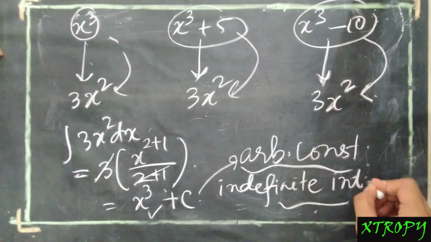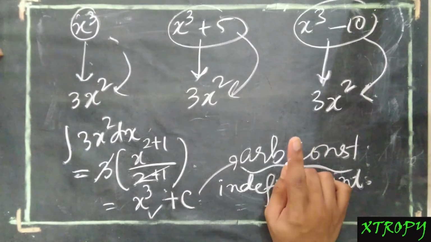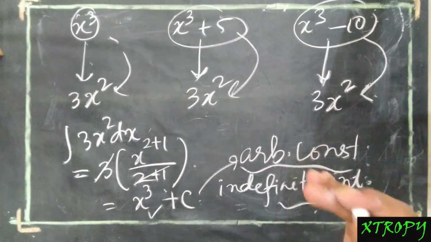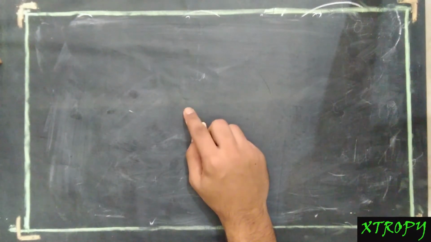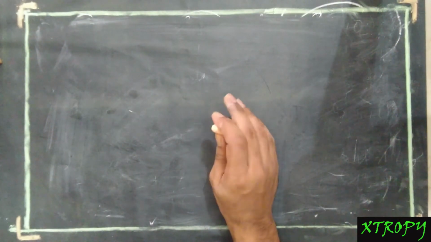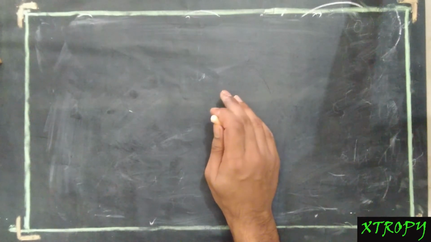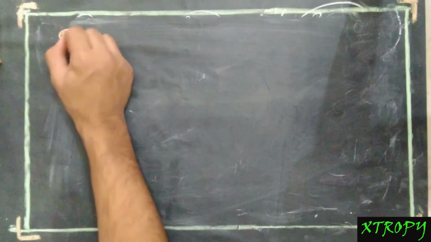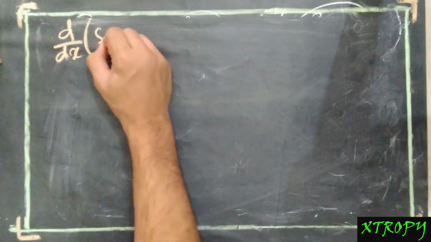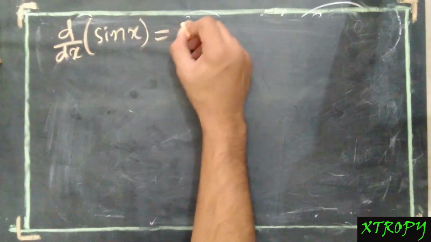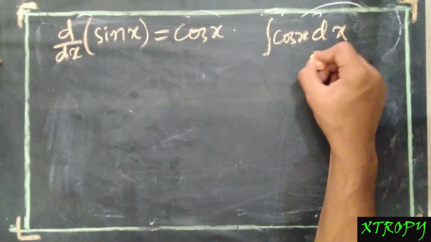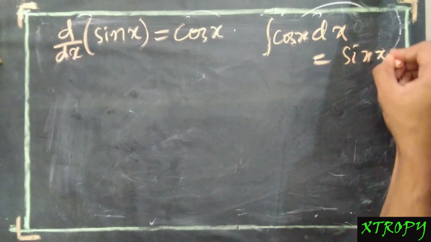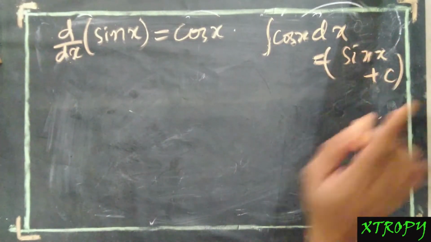There's a different type of integration known as definite integration. We will also see a small example of that, and we will cover it in detail in another video. As I told you earlier, if you have remembered the formulas of differential calculus, then the basic integration will be quite easy for you. Suppose we know the differentiation of sin x. What is it? This is cos x. So if you integrate cos x with respect to x, this will give you sin x. And remember to add the arbitrary constant as well.